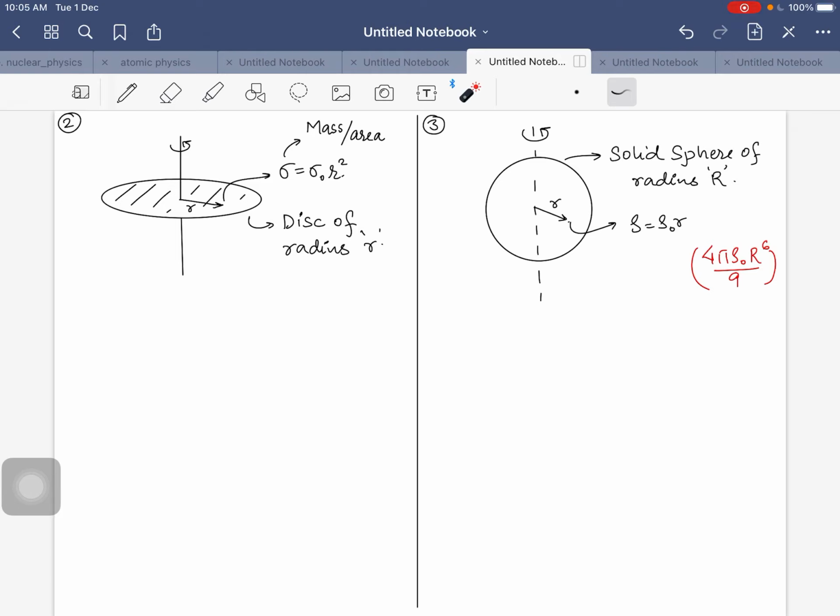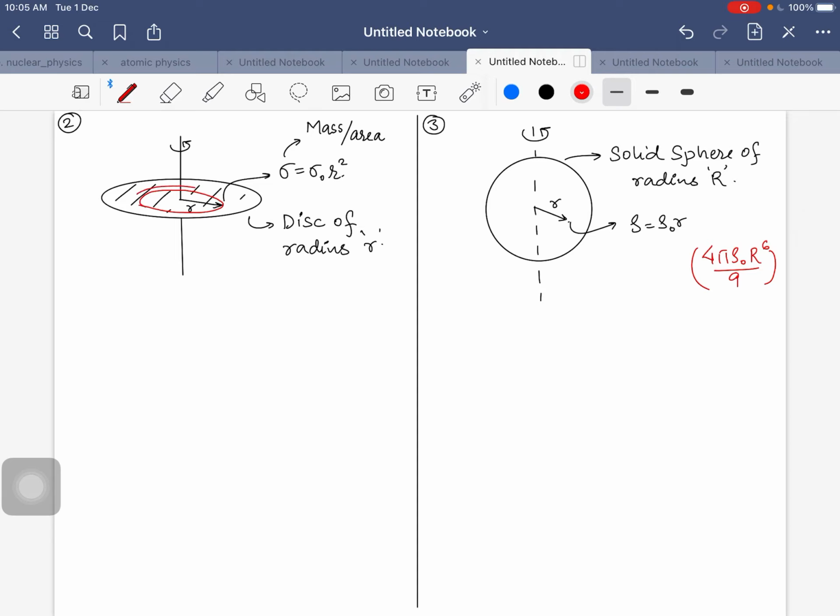So what we can say? We need to integrate because it is made up of what? Infinite number of rings, you can say. It is made up of an infinite number of rings. So I will simply write the moment of inertia of one ring, and then I will integrate with proper limits. Okay. So what I am going to do, at r if I take one dr part, a dr thickness ring like this.